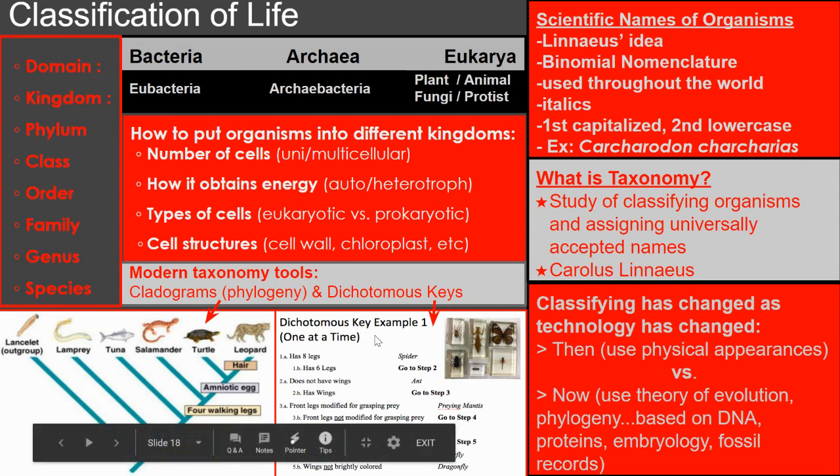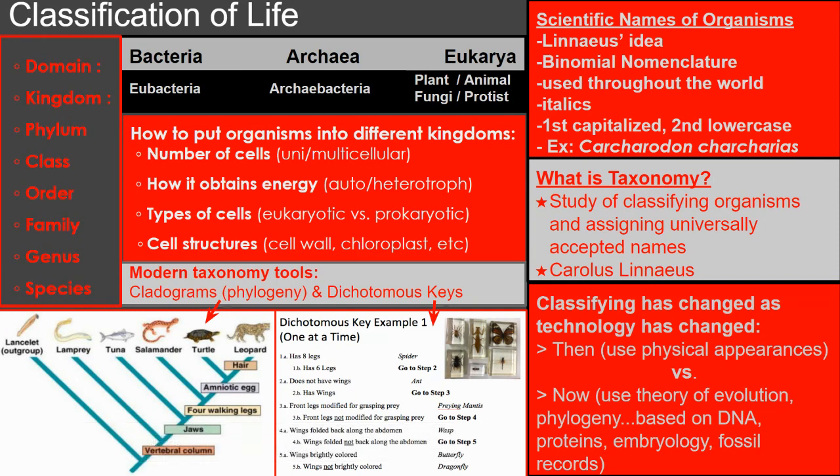Next thing we talk about was dichotomous keys. Now, this is if you were to go into an area where you are looking at organisms and somebody else has already been there and kind of mapped this out for you. You could have certain organisms and you would follow this dichotomous key step by step. So let's say that we were looking at this organism right here, this butterfly looking organism. We would look at step one and we'd say, has 8 legs or has 6 legs? Probably six. So that tells us go to step two. Does not have wings or has wings? Well, that one does have wings. So we'll go to step three.